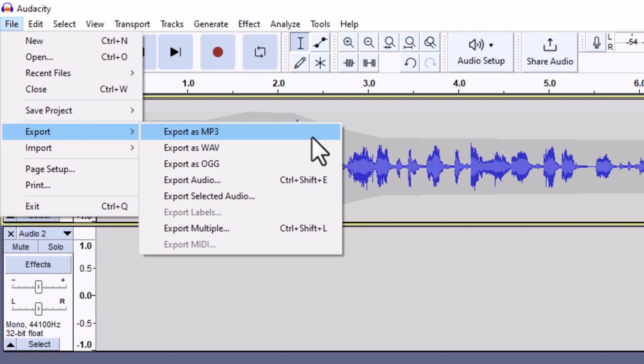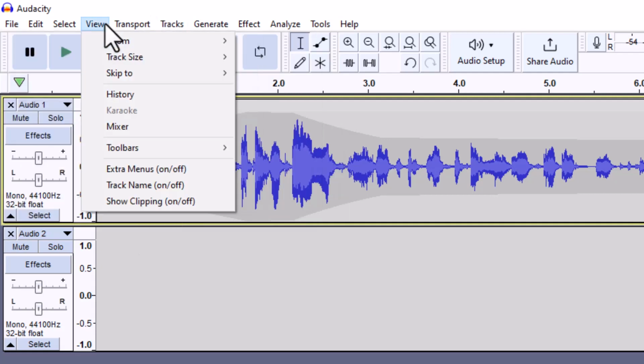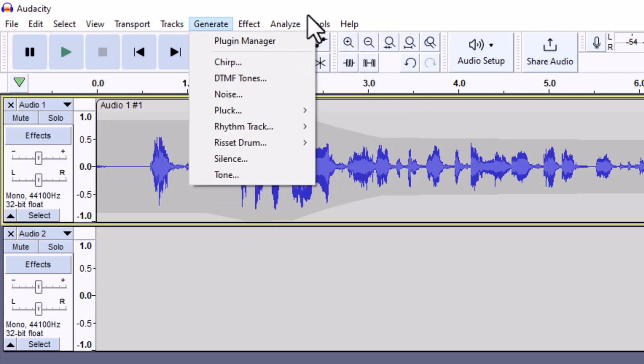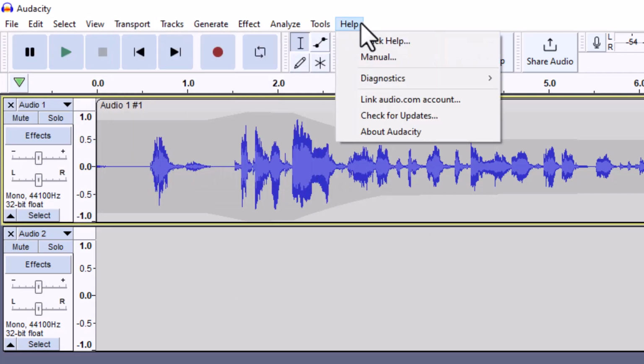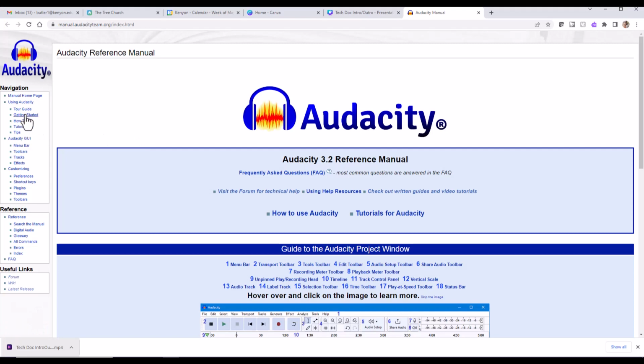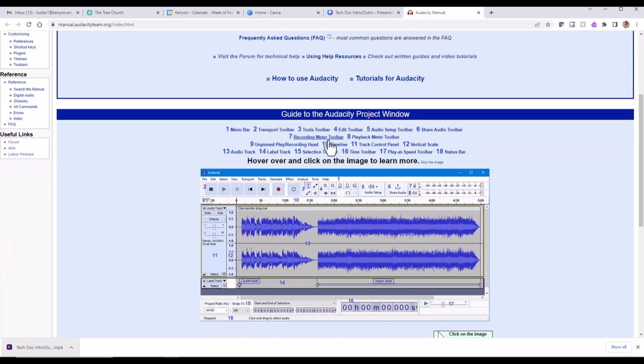So I'm keeping this pretty simple today. We can always get into more advanced features. There are tons and tons and tons of features that you can explore. You can always, again, click on Help, get quick help, go to the manual, and let's see. Yeah, I mean, just tons of how-tos. There's a guide. You can click on any one of these things and it'll give you a detailed description of exactly what to do.